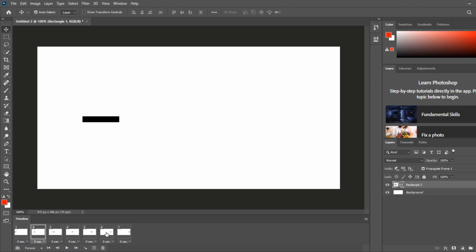Let's say that I want to delete this frame here, for example. If I select it and press delete on my keyboard, it will delete the element that I created. It deleted the rectangle from all my frames here. So let me undo that with Control Z or Command Z. And to delete a frame, I need to select it and drag and drop it to the trash here, and